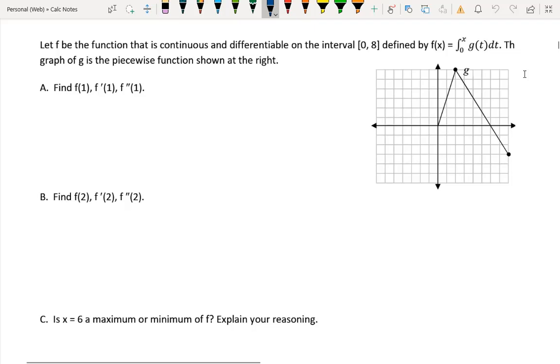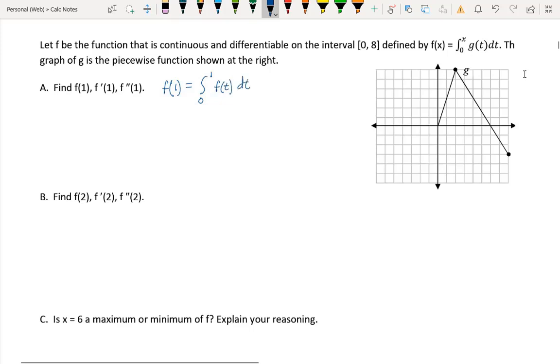Now, you got to think here, because again we're dealing with x's and t's, and so when they say to find f of 1, whenever I'm asked to find f of 1, if I've got a function, I'm going to plug that into the function. So f of 1, my function's already defined for me, so when I plug in 1 for x, I'm going to get 0 to 1. You'll notice it was 0 to x before, but when I plug in 1, now I need to change that x and go from 0 to 1 of g of t